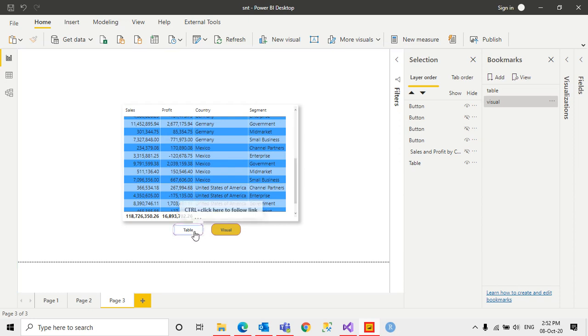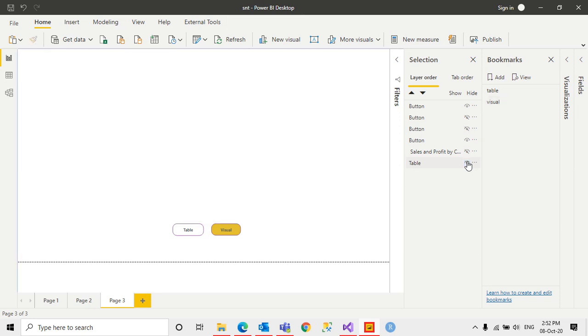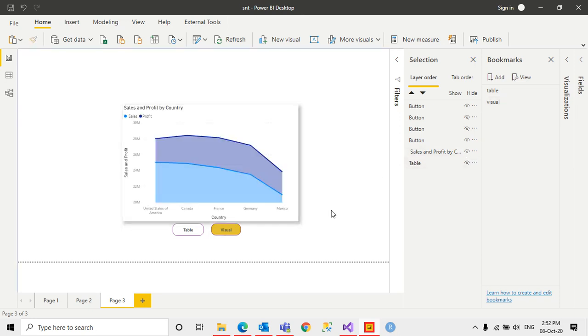That is why it is coming like this. So when I click on the table, it is on table only. But when I click on the visual also, it is on table, because I need to hide this table so that it will show the visual. You understood, right?